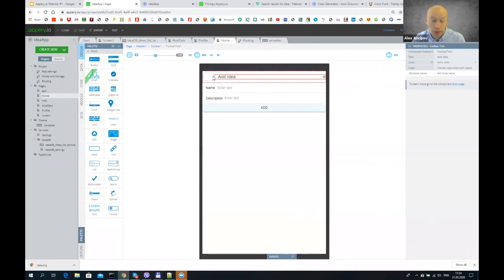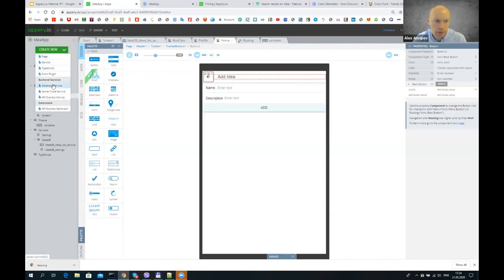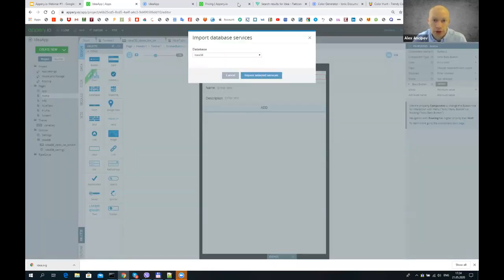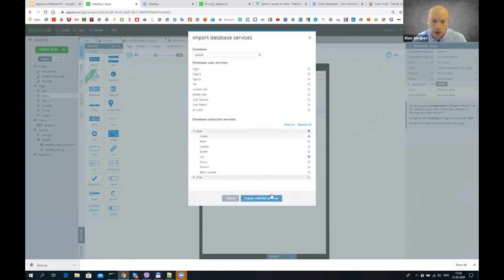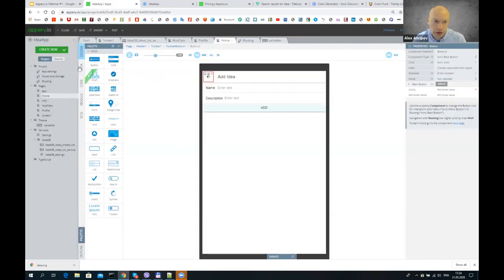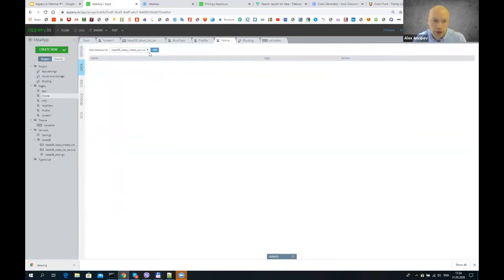And also we can add a back button in case we press the add idea button, but then decide to not add an idea. So just add a button and say that it will be a back button. And that's it. Next, what we will have to do, we have to add a service which will add an idea into the database. So again, go to create new database service. Select our database and then say that we want to add create service and create data source. Provide the name, add idea,